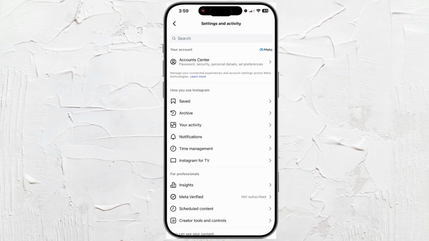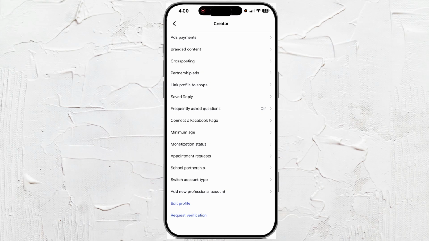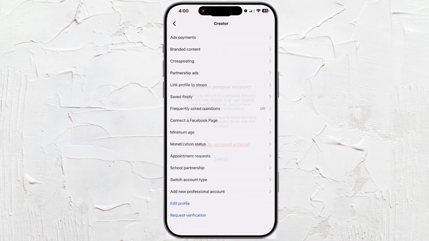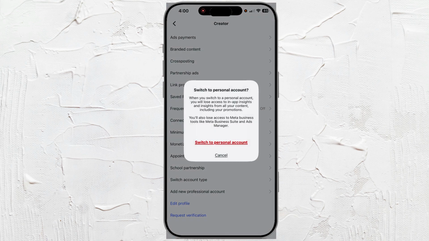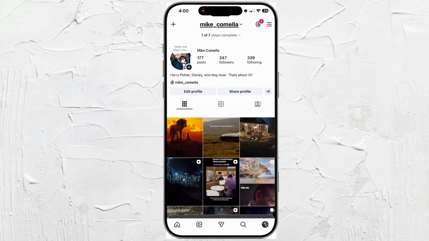A lot of times what will happen is if you're in a professional account, it will limit what you can have. So what we can do, if you are in there, go ahead and go down to where it says for professionals, go down to creator tools and controls, and then go down to where it says switch account type. And we want to go back to a personal account. Go ahead and click switch to personal account. And that should be able to fix Instagram so that you can see all the music in the